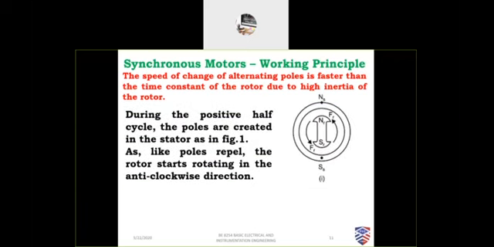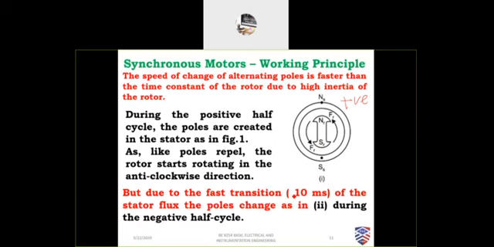During the positive half cycle, the poles are created in the stator. So now the upper pole is north and the lower pole is south. North pole and north pole repel each other, so the force is along the anti-clockwise direction. Before the rotor starts rotating in the anti-clockwise direction,